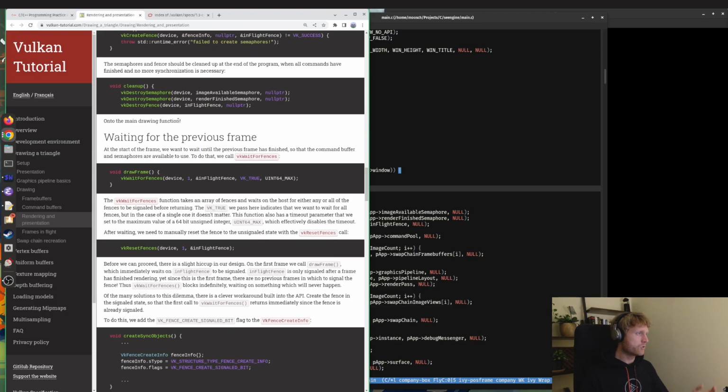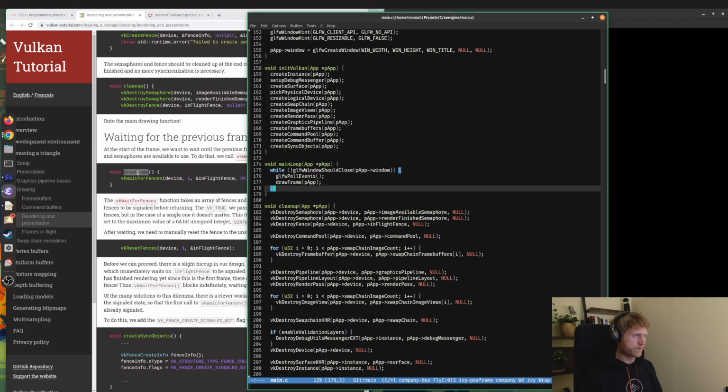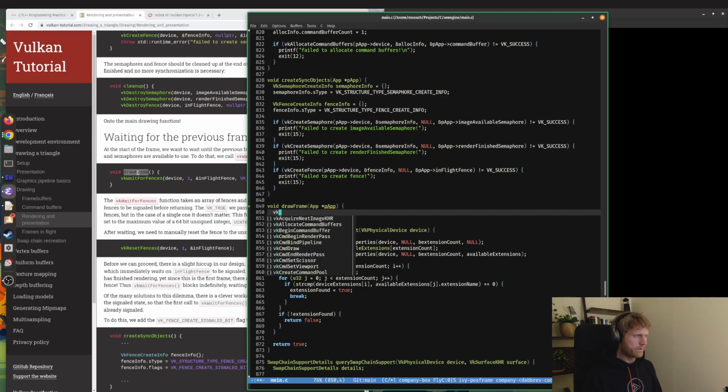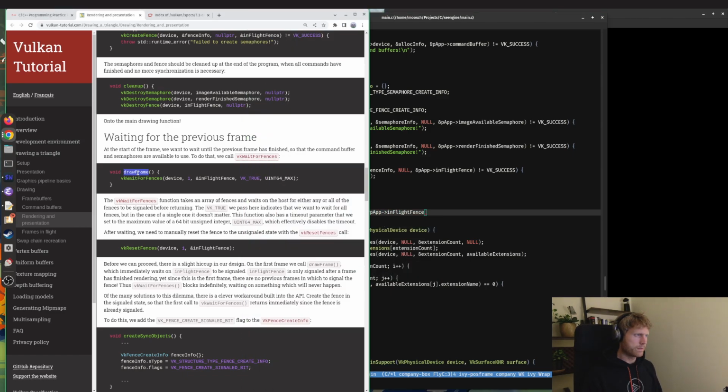Moving on to the main drawing function, waiting for the previous frame. At the start of the frame, we want to wait until the previous frame has finished, so that the command buffer and semaphore are available to use. To do that, we call vkWaitForFences in our draw function. I'll pass in our device and the number 1, because I'm assuming there's only one fence, pAppInFlightFence and VK_TRUE and